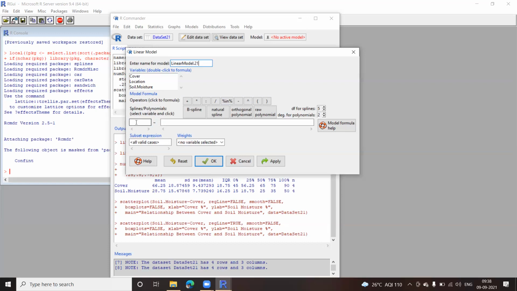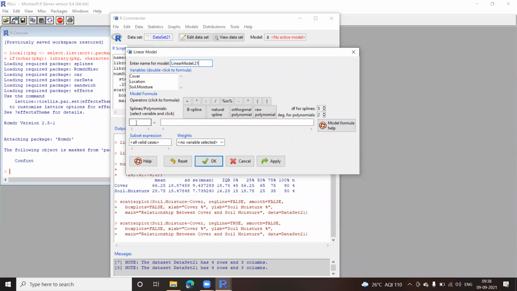Now, the first variable. I'll select soil moisture as the response variable, because based on your cover, the soil moisture is changing. If the soil cover is more, the soil moisture is also more. So I can say that the soil moisture depends on the cover.